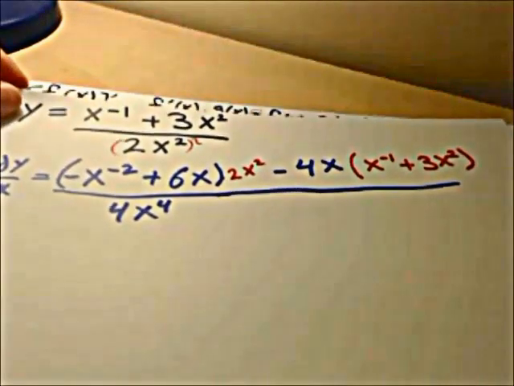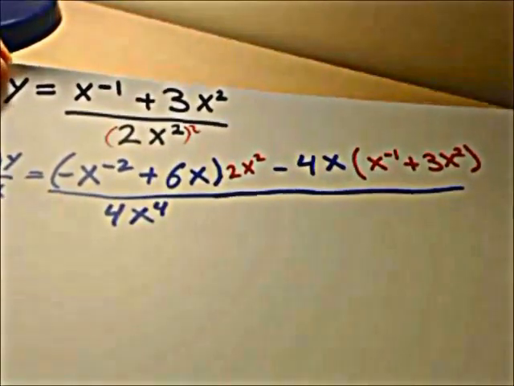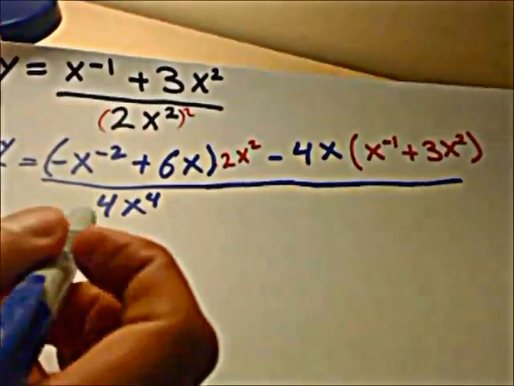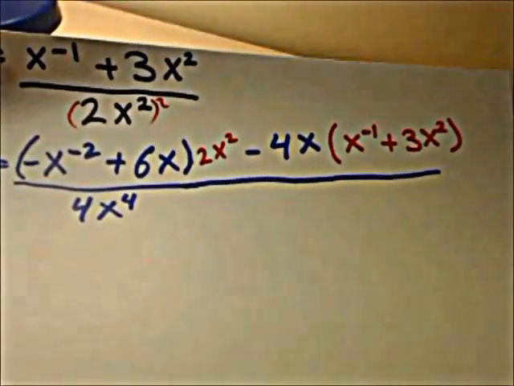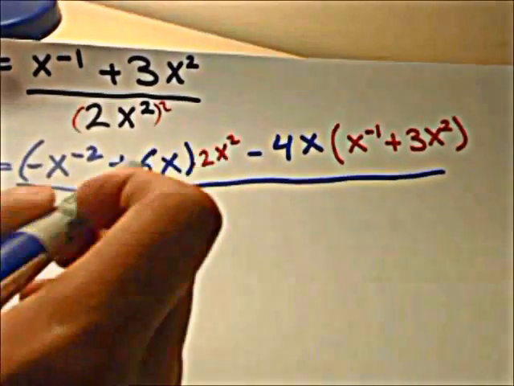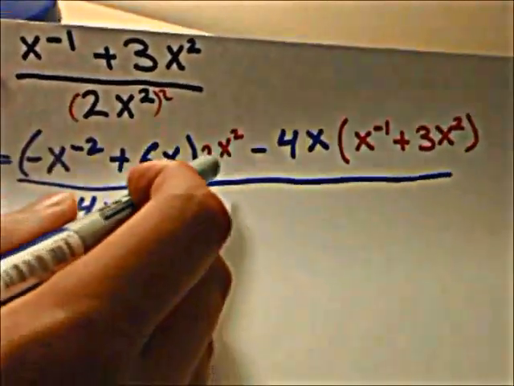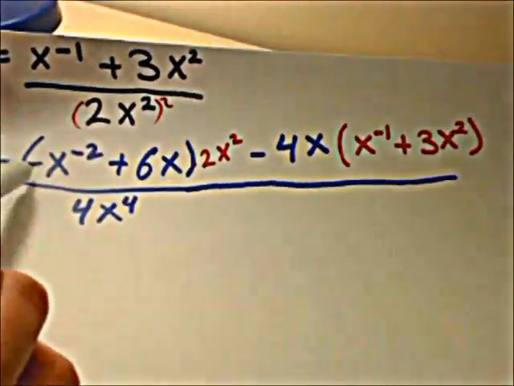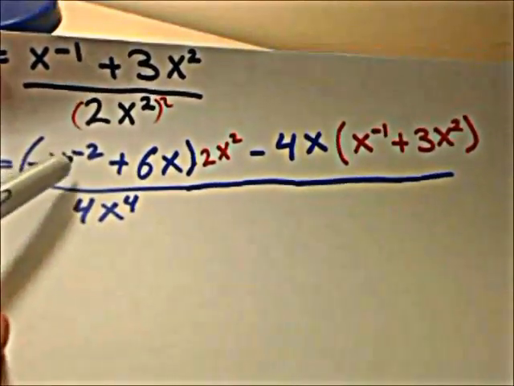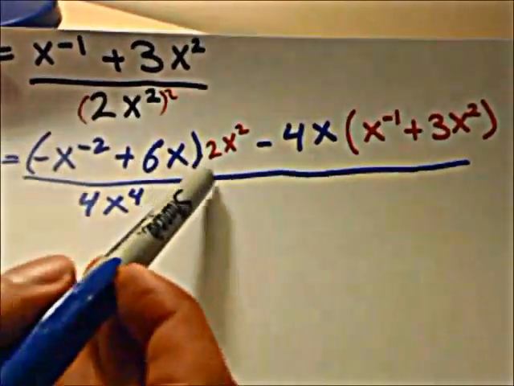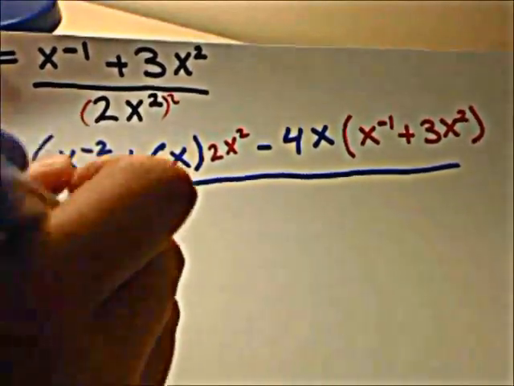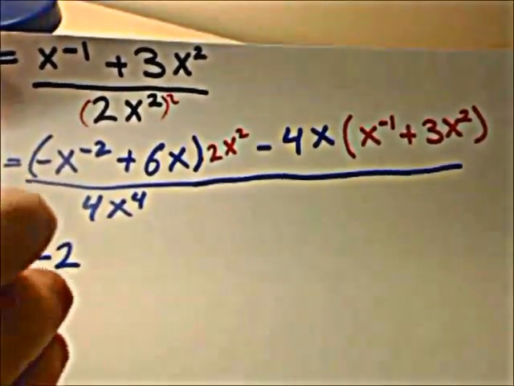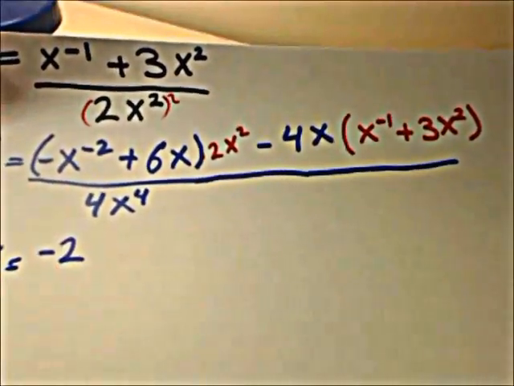So what we're left with is the first part here before the minus. We're going to leave the denominator for a bit because the most complicated bit is the numerator. So 2x squared we distribute inside the bracket, so 2x squared times minus x to the power minus 2. Well, let's do the coefficients first. 2 times minus 1 is minus 2. dy over dx equals